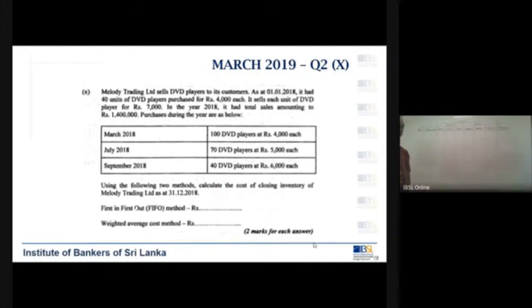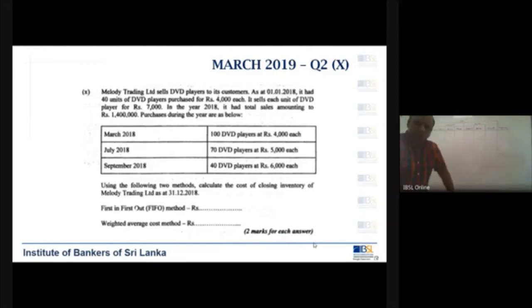Okay. So I want you all to do these two. One is you have to do the previous question on the weighted average cost method. You can use any format. Don't stick to what I have showed you. You can use any method, any format, but try to make it very simple without complicating it much. And then look at this question. That is March 2019. That also I want you all to give it a try.